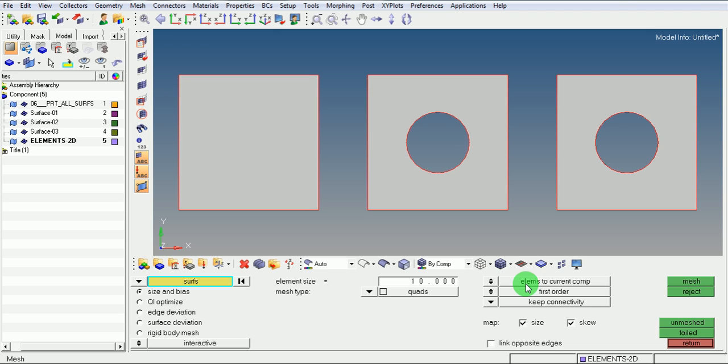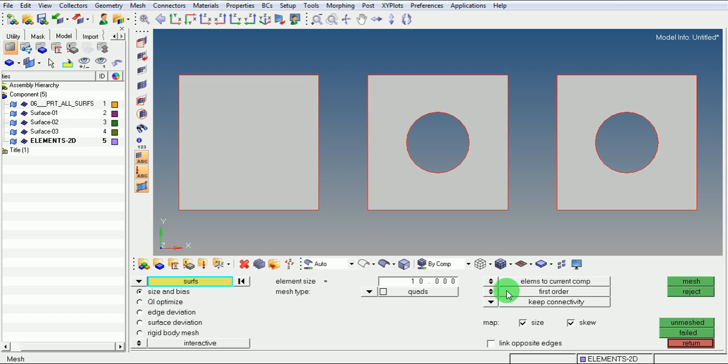If at all we want to move the elements generated on this surface into the same component, then use the option elements to the surface components, means the element generated after meshing this surface will go into this surface component only. But right now we will use the option to current component.